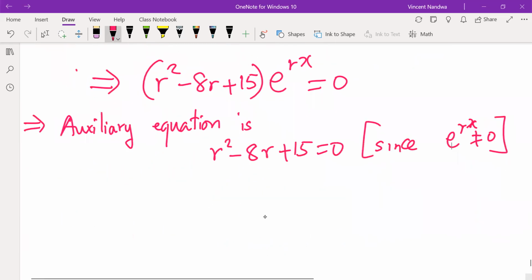So solving, we can use factorization to solve this quadratic. Product is 15, sum is minus 8,